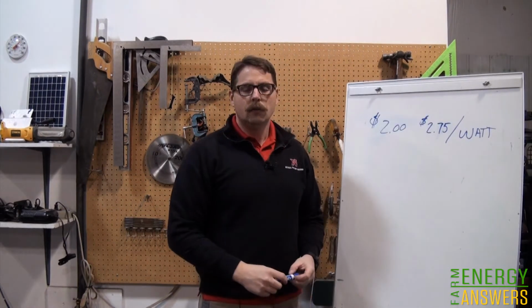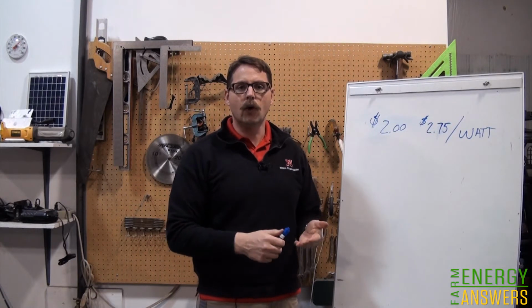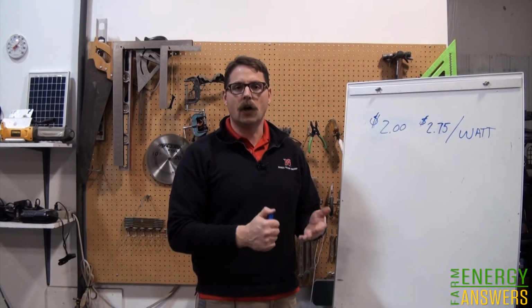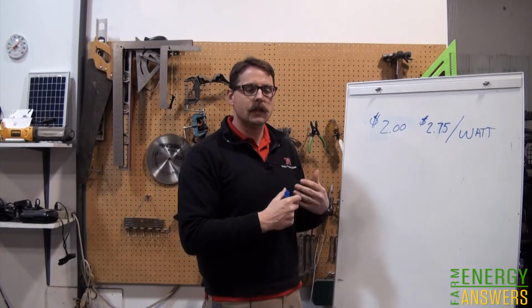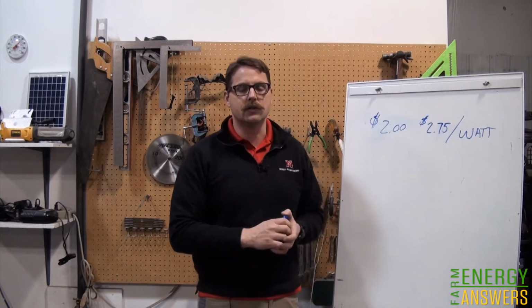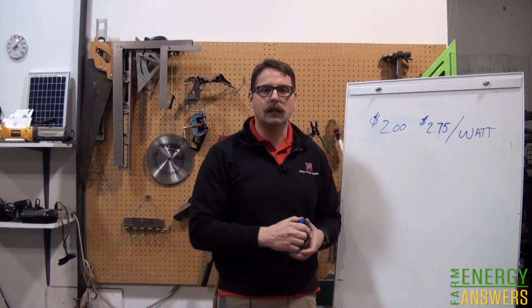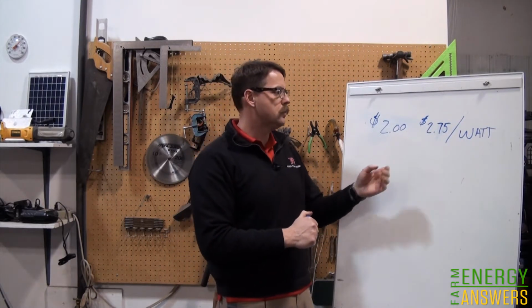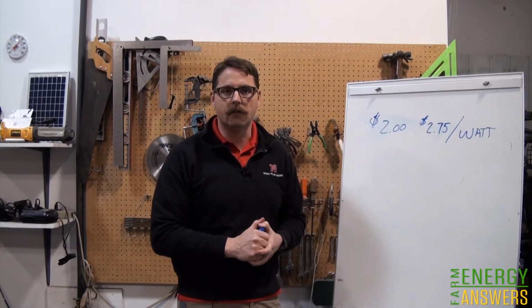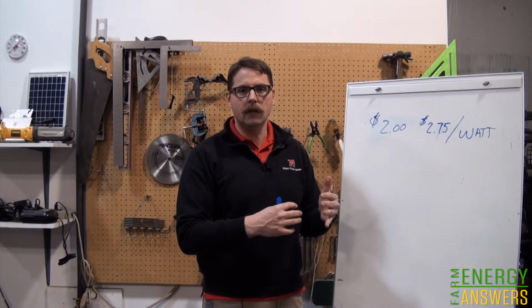We first begin with analyzing the gross cost of a system, which includes all of the equipment, installation, and permits. Your installer is a lot of times going to give you a quote of the total installed cost on a dollars per watt basis. He's going to look at the total system size and multiply that times between $2 and $2.75 a watt. So if you had a 10 kW system at $2 a watt, that'd be a $20,000 system. And if it's $2.75, it'd be $27,500. That's a general range of system costs we're seeing today in 2020.